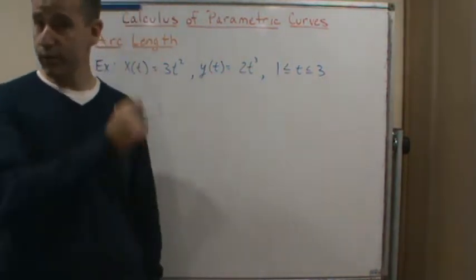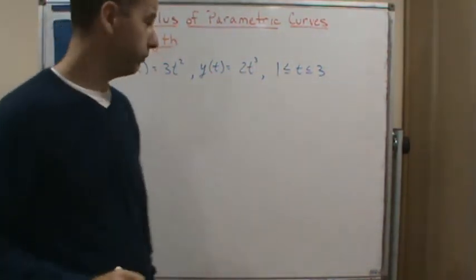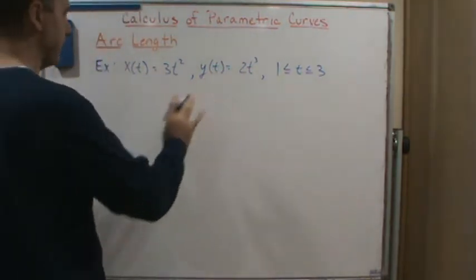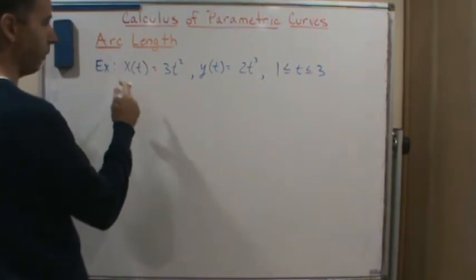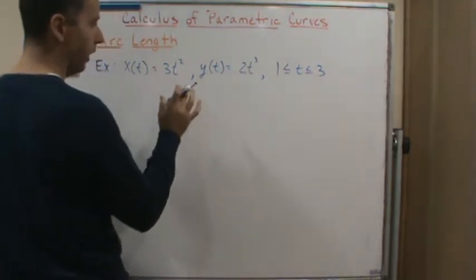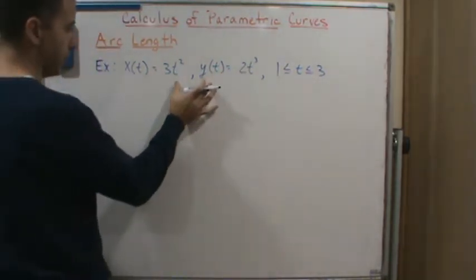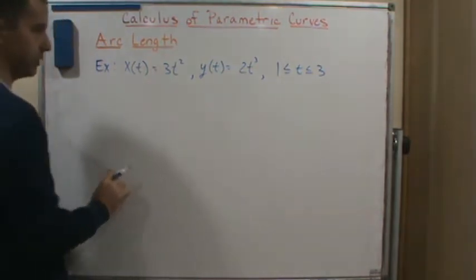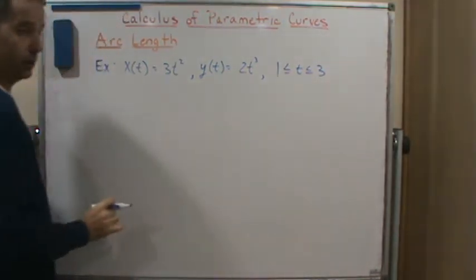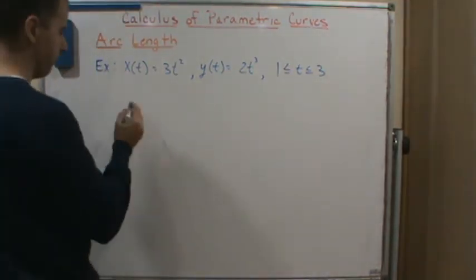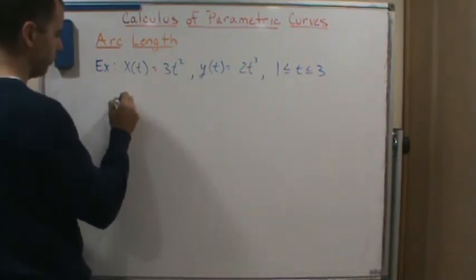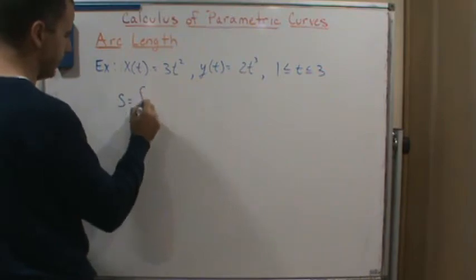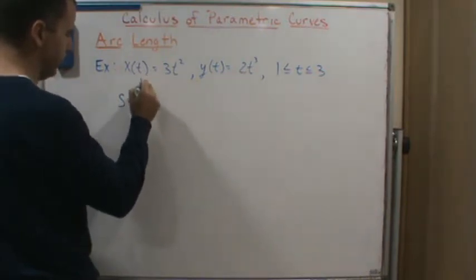Okay, so let's do another example of arc length. I've got these equations here, and again, I want to find the arc length of the curve that's represented by these parametric equations over the interval from 1 to 3 for t. So again, I'm going to use the appropriate integral, which is going to be S is the integral from a to b